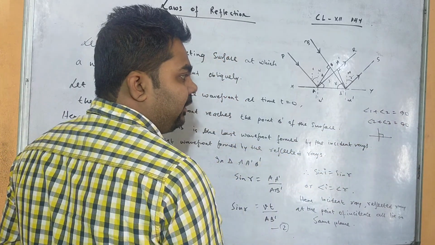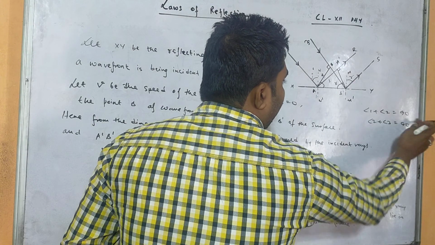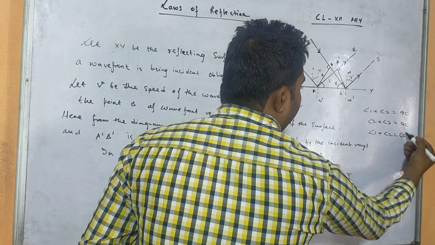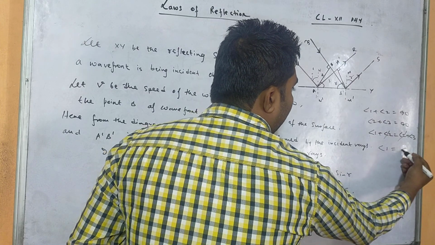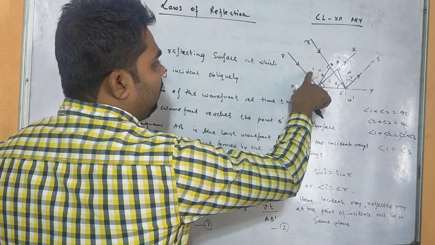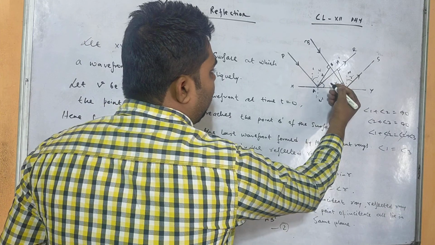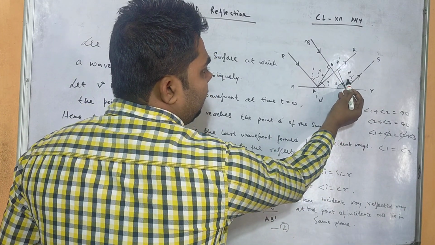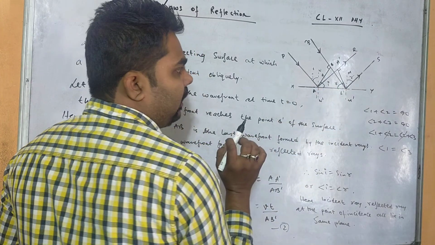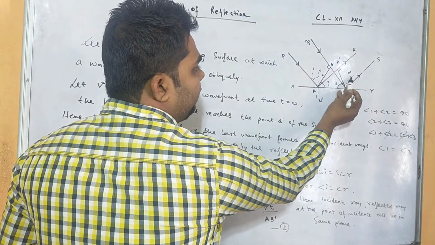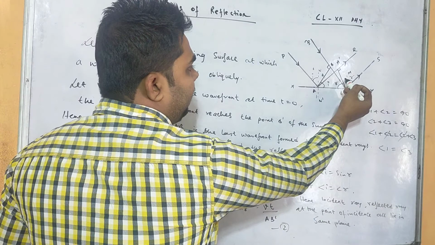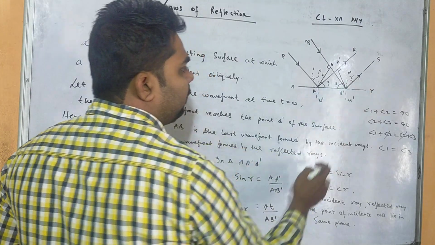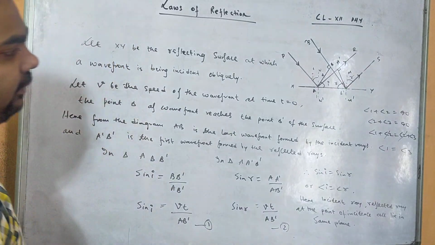Now if we equate equation 1 and 2, what will we get? Angle 1 plus angle 2, angle 2 plus angle 3. So angle 2 and angle 2 get cancelled. What will you get? Angle 1 equals angle 3. So what is angle 1? I. So this angle 3 will also be I. Similarly, we will prove for R. If this is R, this angle is also R, right? This total angle is 90 degree and this total angle is 90 degree, so this part is common. So both the angles become the angle of reflection.